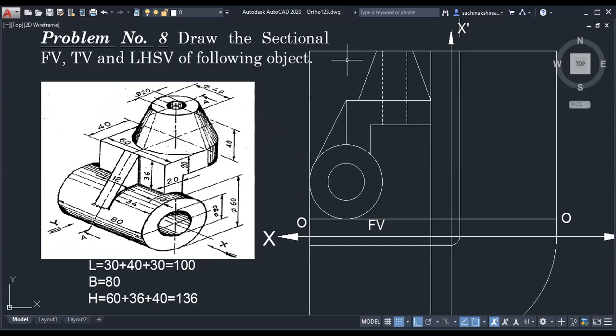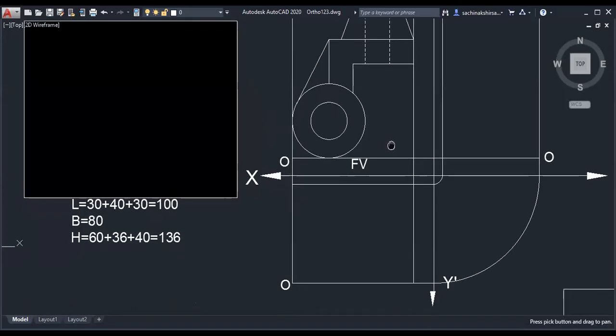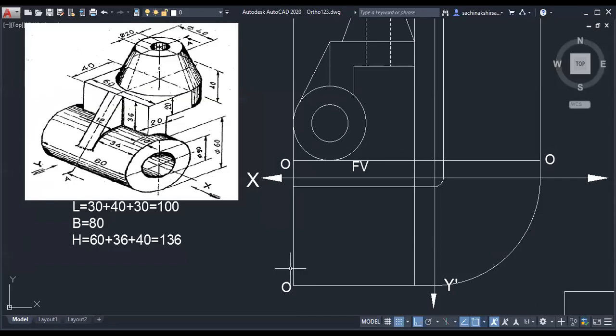So let us go to top view. Shall we go to top view? Yes, sir. We will go to top view now. How will be the top view first? We will take help of front view. So sir, this cylinder, how will it look like? Cylinder along the width. Once you are going to see cylinder, how it will look? Like a rectangle. It will look like rectangle.